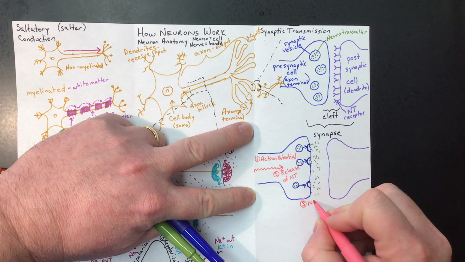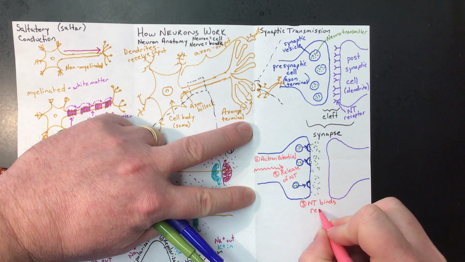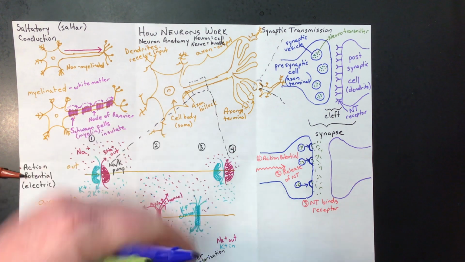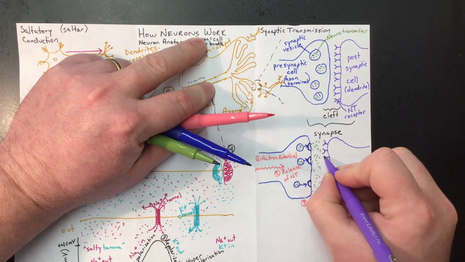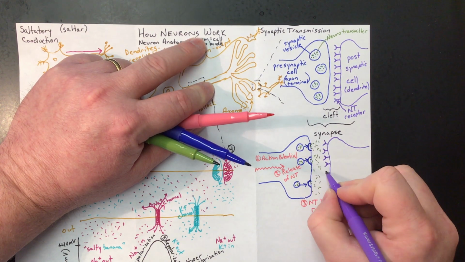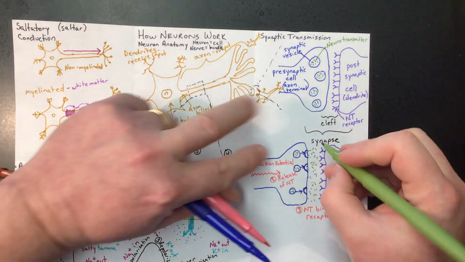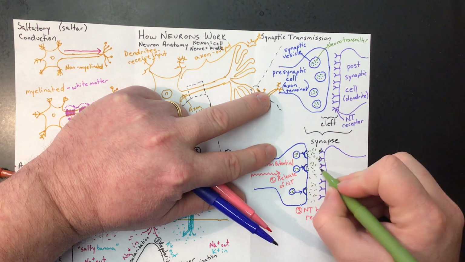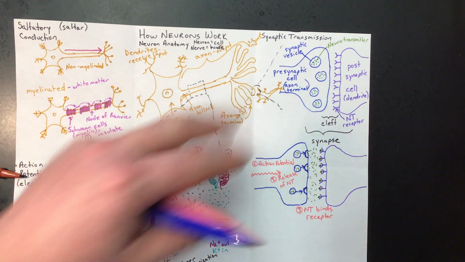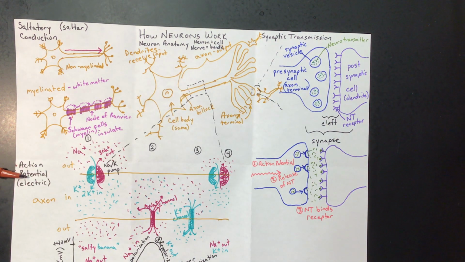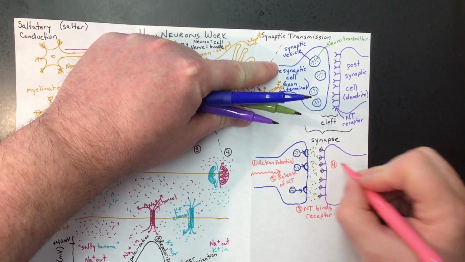which is where the neurotransmitter binds to the receptor. And so let's go ahead and draw some of these receptors on the other side. But now what we're going to do is we're going to draw neurotransmitters sitting in those little binding sites on the receptors. And then step 4, what happens in the postsynaptic cell